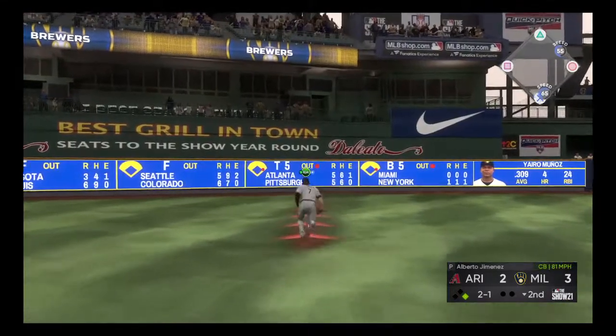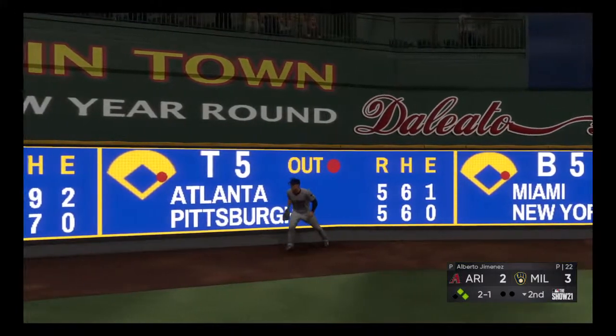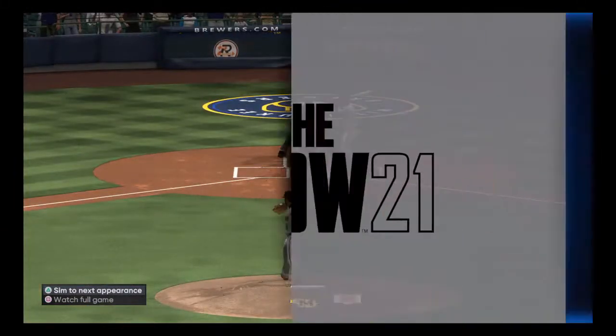This is hit high and deep out to left. Racing back, the left fielder to the track. And that one is gone. Well, this game is definitely